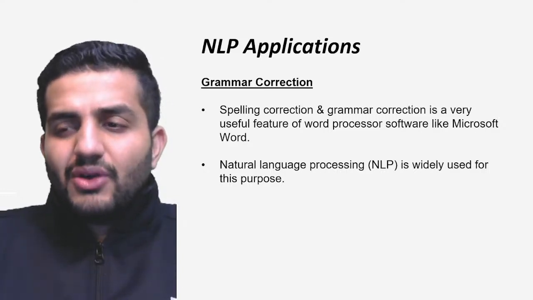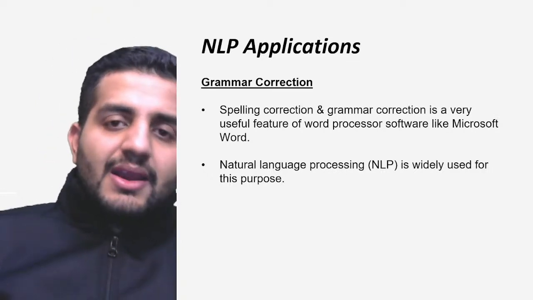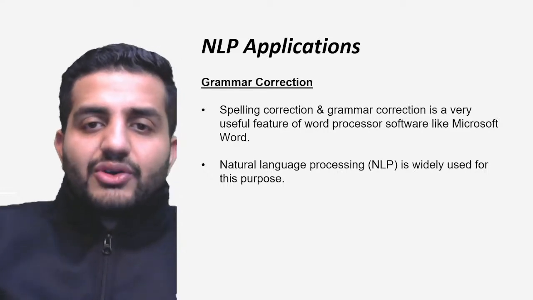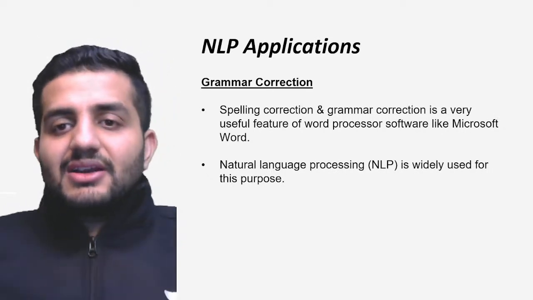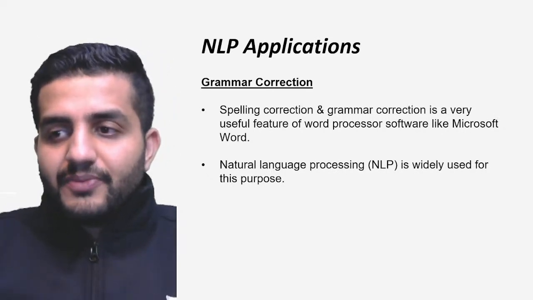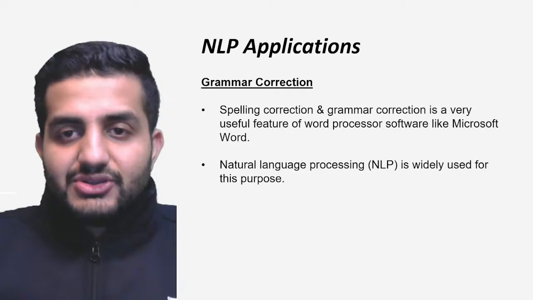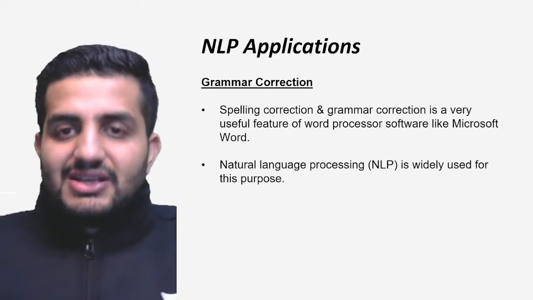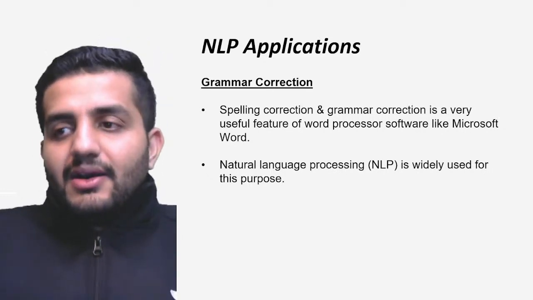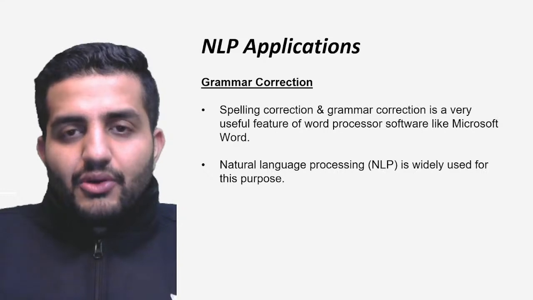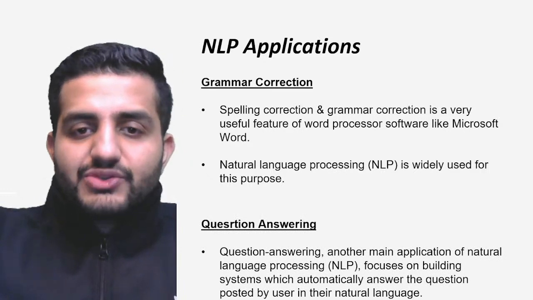So trust me, you might not see this very often. I've not used other processors that much, but whatever I have used till date, I was able to see the spelling correction still in some of the others, but the grammar correction is the key salient feature of your Microsoft Word, right? So for this, they have been doing the work on NLP crazily. So the kind of processing it takes, the kind of effort, the kind of model it has been built. So it is actually able to help you with your grammar correction, right? So again, as I said, NLP is widely used for this purpose.